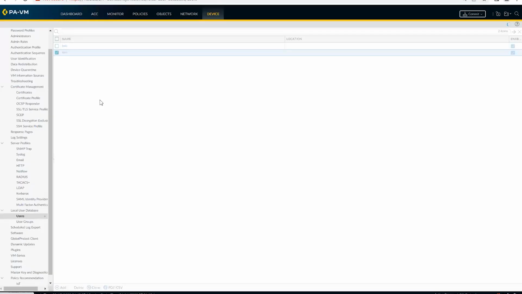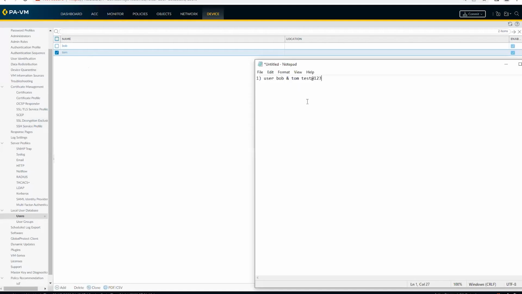Same password. Okay. So our users are ready, right? So here, guys, now we have to call all these users